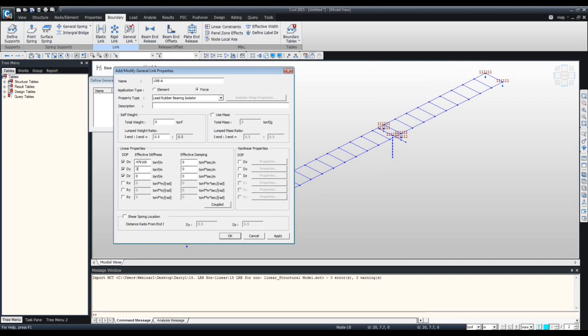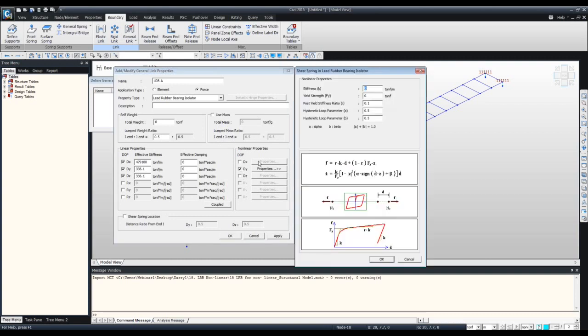This will be 336.1. This will be 336.1 as well. Then I'll also turn on dy and dz. For these properties, this one will be 1099. This will be 1569. And then for my post yield stiffness,